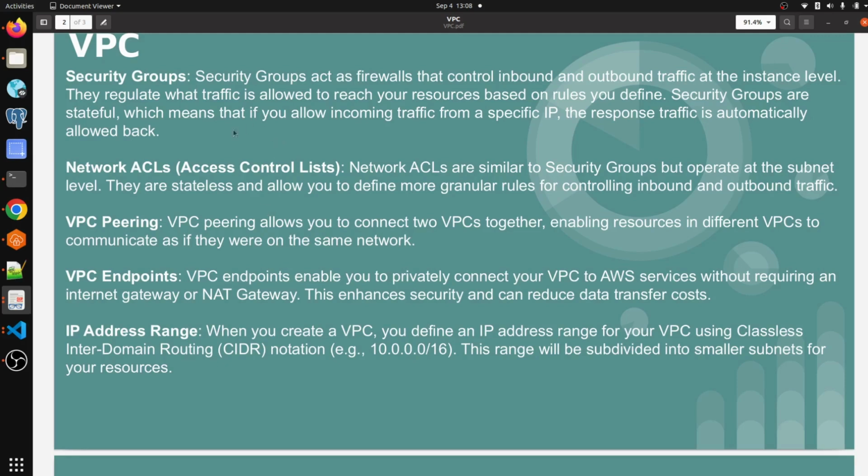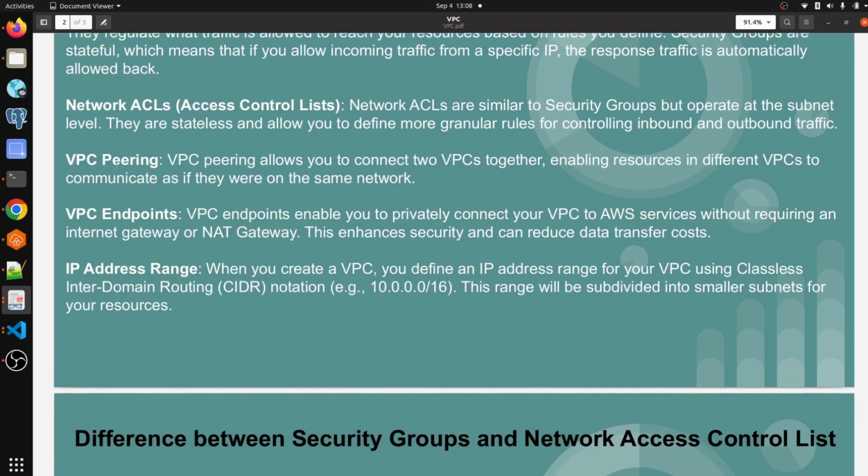So it does not behave like a security group. In a security group, whenever we define an outbound rule, the inbound is automatically open. But a network ACL won't follow the same thing because it's stateless.